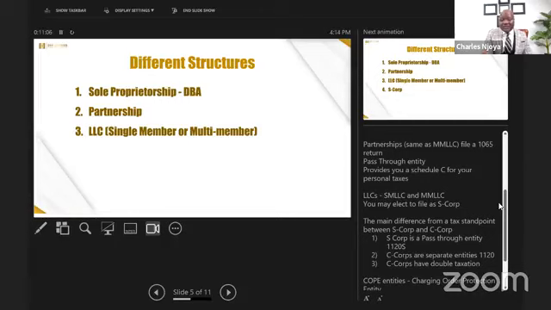And then we can talk about different structures that come from this, because an LLC gives you the ability to elect. You may elect to file as an S Corp when you have an LLC. And generally, I tell people that you want to elect to file as an S Corp when it is beneficial for you to file as an S Corp. When you started that business, maybe it's a sole proprietor, maybe you have a single member LLC, normally it defaults to a Schedule C on your personal income tax return.